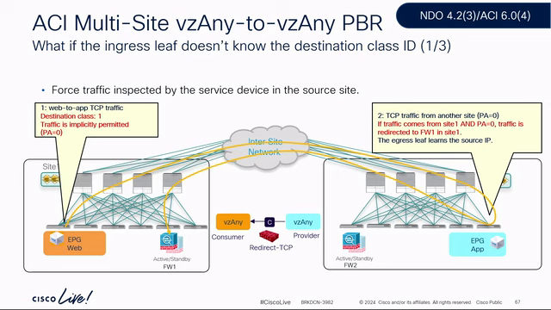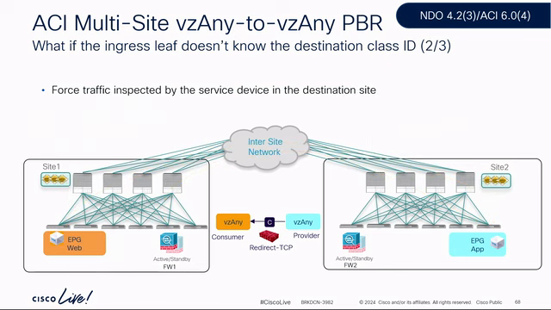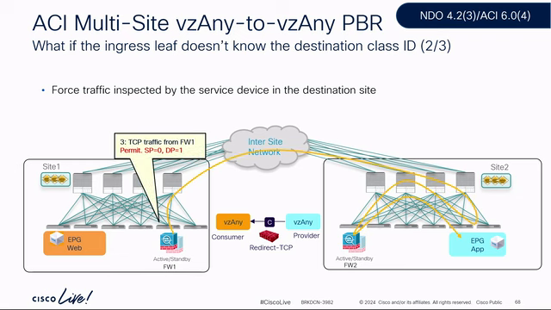So the destination leaf already knows where it's coming from because of the VXLAN overlay unicast step. And also, since this is site 1, the destination leaf already knows what the PBR destination in site 1 is. So NDO cross-programs that important information. Thanks to this, we can redirect traffic back to firewall 1, and then from firewall 1, we have a